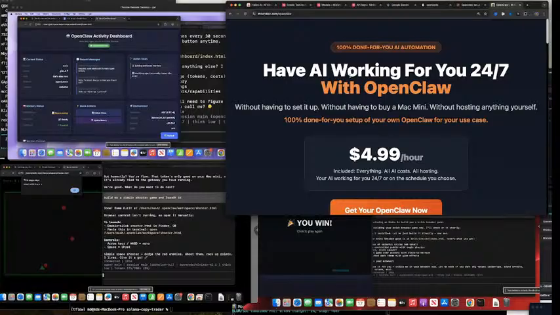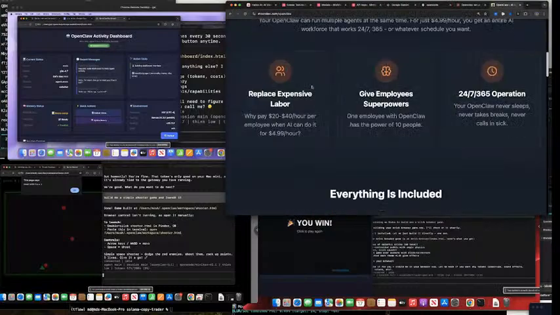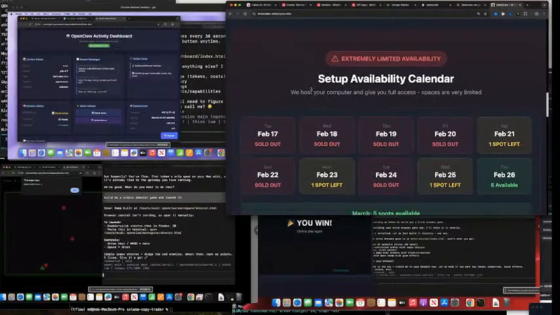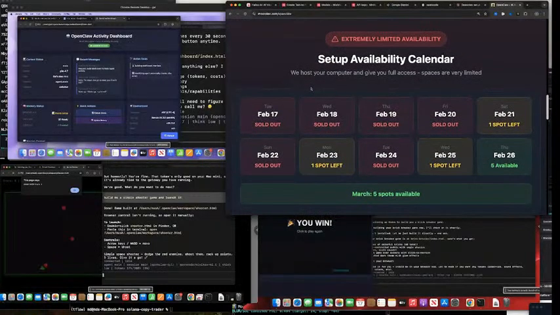But again, I'm just giving you my strategy on this. I'm giving you my strategy because I've seen the demand, and this has been live for a few days and you can see there aren't many spots available. So you can see that demand, it's real demand. It's not just everybody talking about it on Twitter. No, people are trying to get my machines and I don't really want to give my machines up